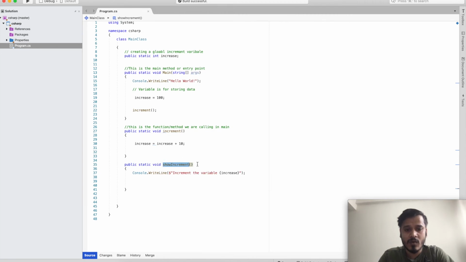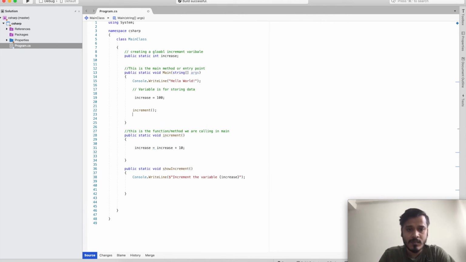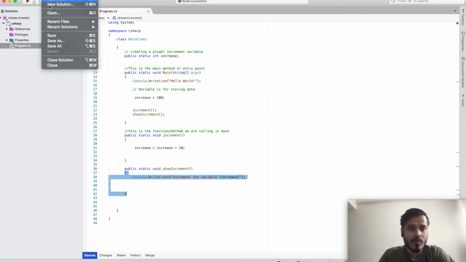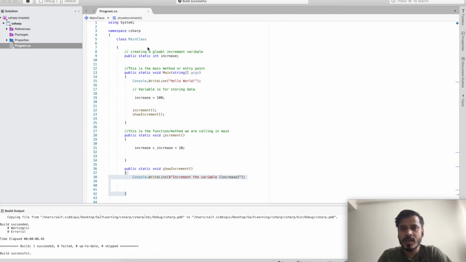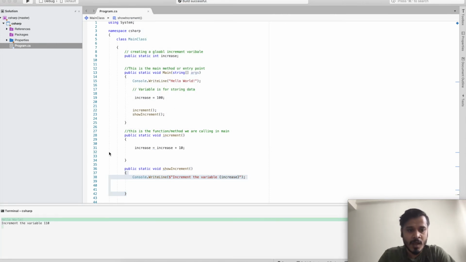Once I go here and call this in the main function, it will run this, and then from here it will go down and print the value from here. So once I run this again, what is happening, it has incremented the variable from 1 to 10.